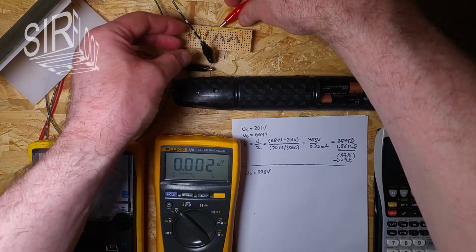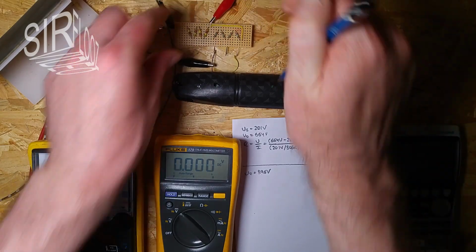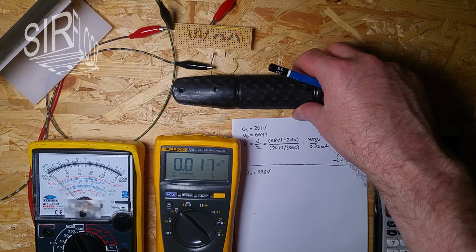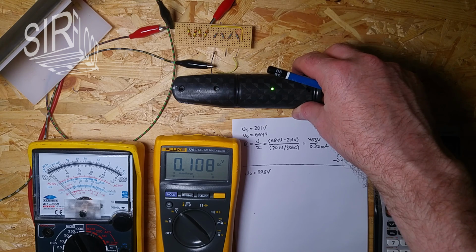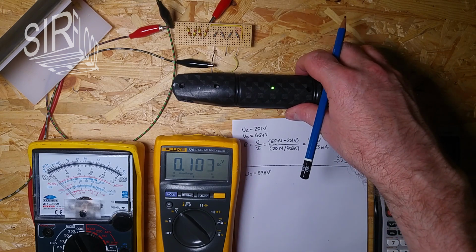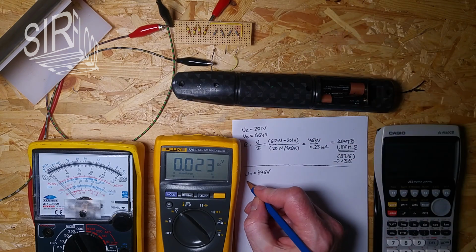And then let's again measure the voltage across that resistor here. That's here, the voltage. Let's see. Oh, okay. It's pretty low. It's just 108 millivolts. Really? I can't believe it. Let's try it again. No? 100? Yeah, let's say it's...